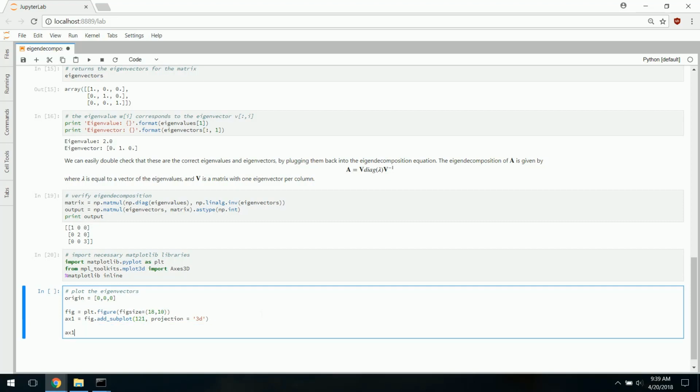And what we're going to use is a quiver plot. So axis1.quiver, and we're going to have to add the origin here. We have 3 eigenvectors, so we're actually going to have to add it 3 times. This is an array of the x points for the eigenvectors, a 3 length vector for the y's, and the same for the z's. And you'll see why that's important in a second, because what we add on here is going to be the eigenvectors